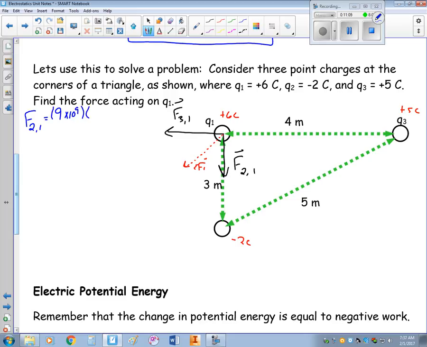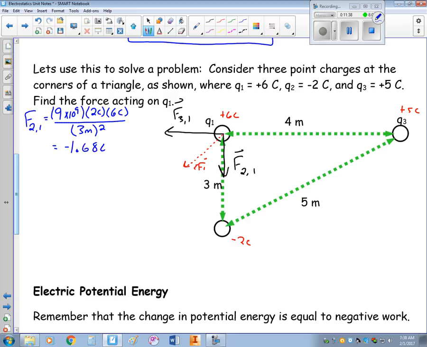Charge 2 is negative 2 coulombs. Charge 1 is 6 coulombs. The distance that separates them is 3 meters, which I would have to square. Notice I did not put negative 2 because really the negative just helps us figure out if the force is attractive or repelling. You don't have to put the negative in the equation up here. So for F2,1, I get negative